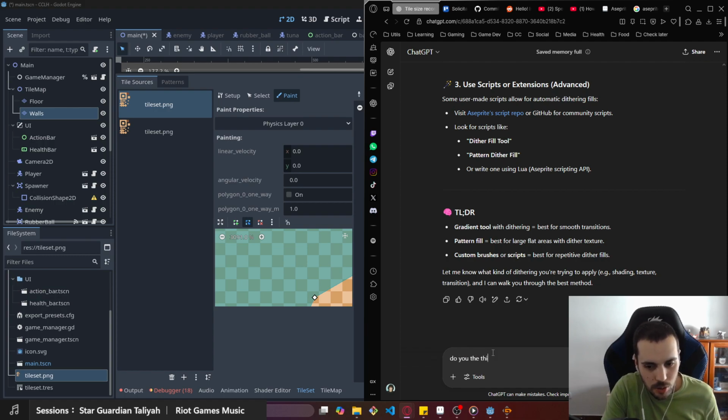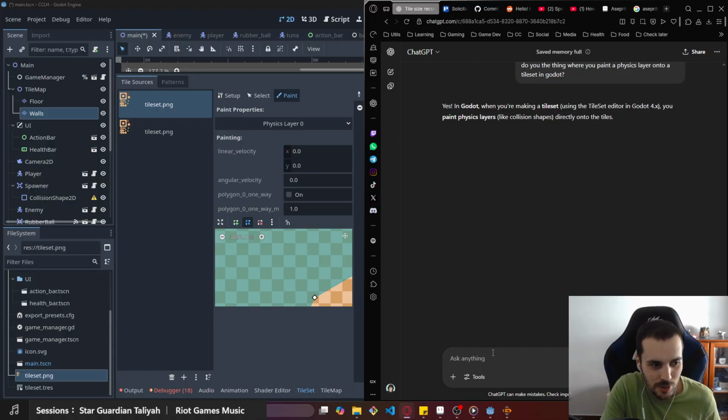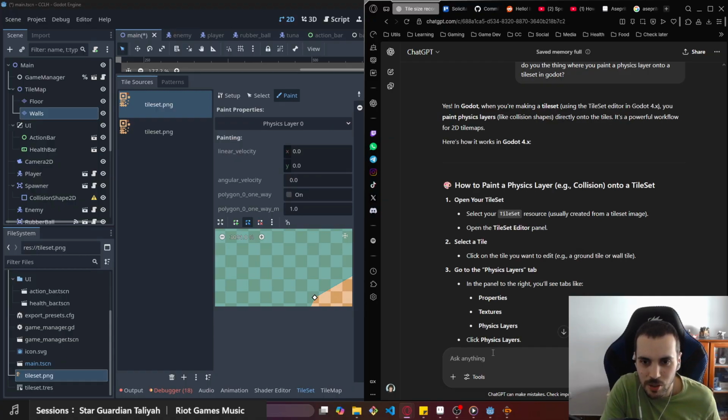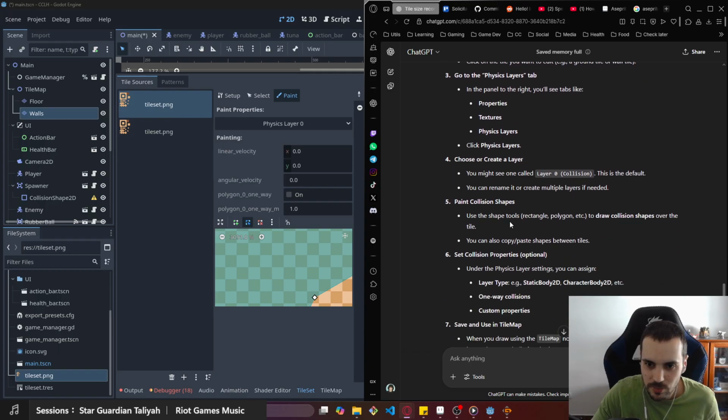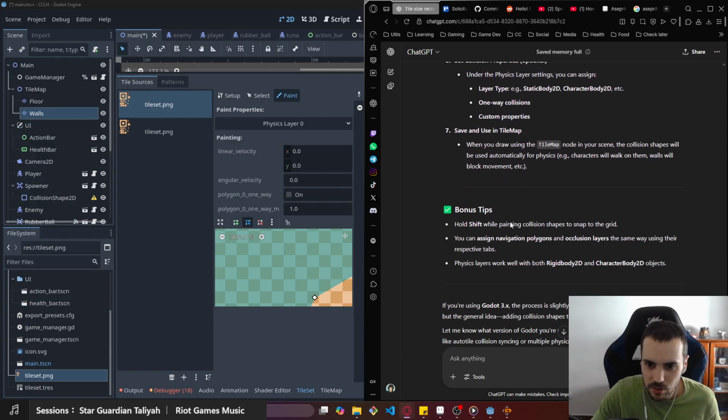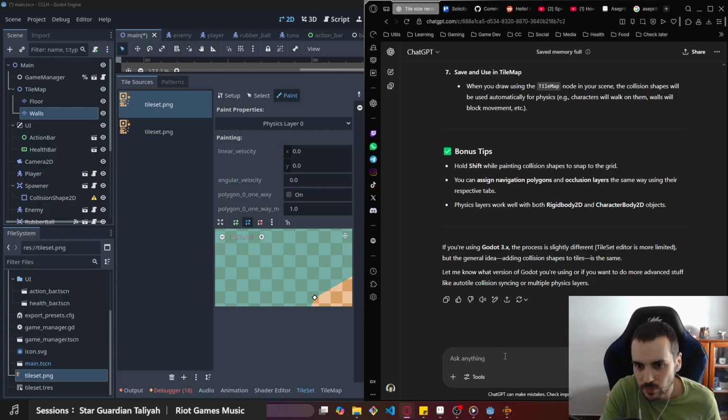Do you know the thing where you paint physics layer onto a tile set in Godot? Yes, of course. ChatGPT never admits he doesn't know something. Yeah, collision shapes, yeah. Well, it seems to know how it's done. Hold shift while painting collision shapes to snap to grid, right? Right. What I really want to know, sir, is